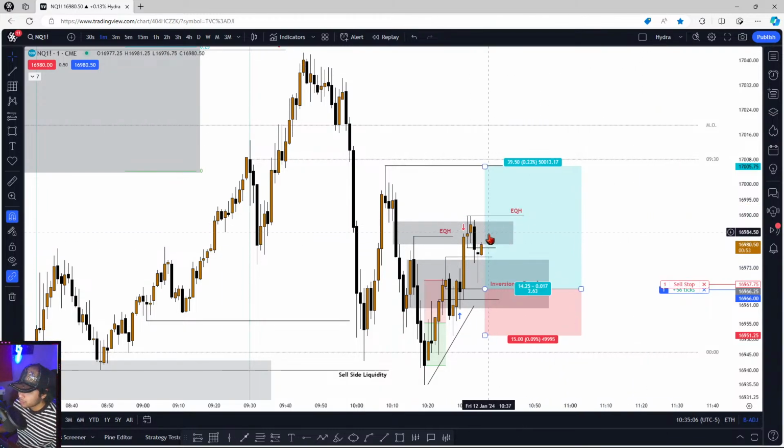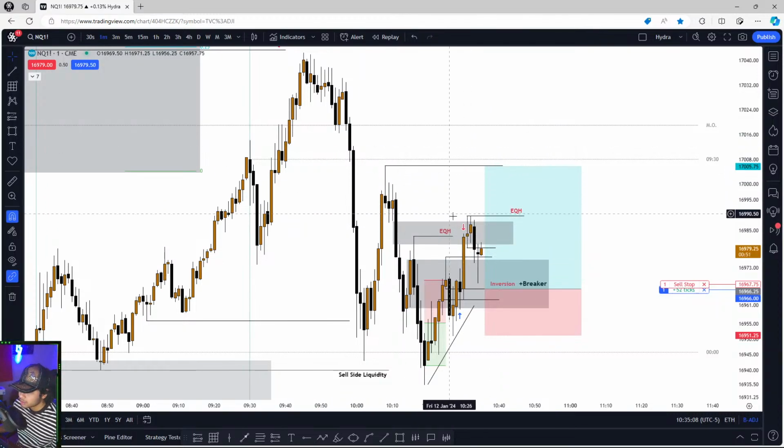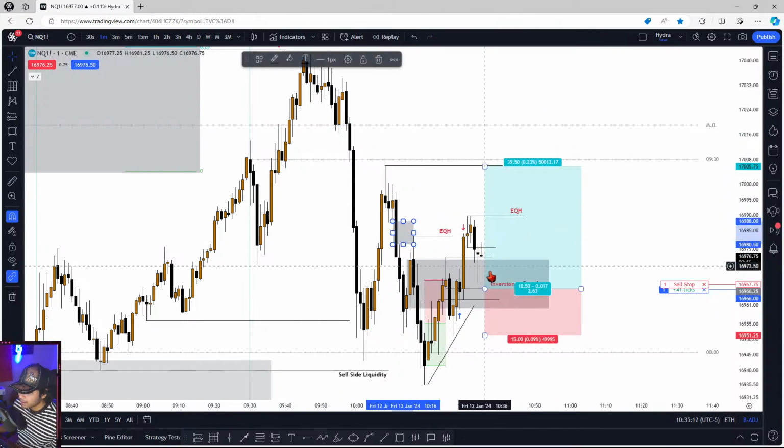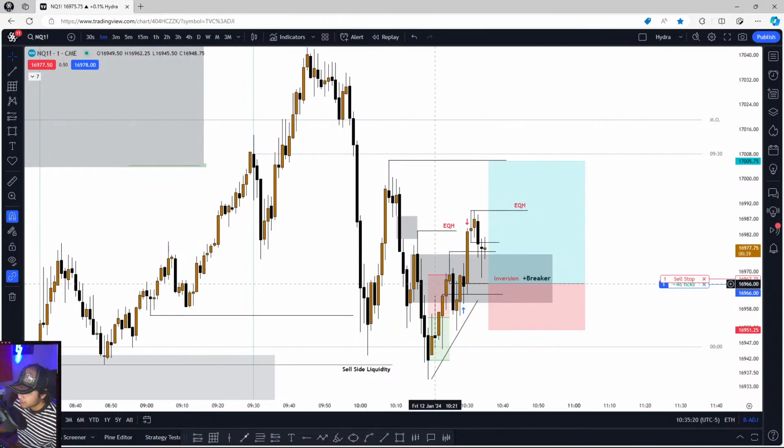So why did we come back? Because we had so much liquidity up here, and I hope you guys understood the logic that I put my stop loss down here at the order block right here. I don't want to see it getting hit, because this is a low probability order block. Okay, price came down, just hit the top of it,